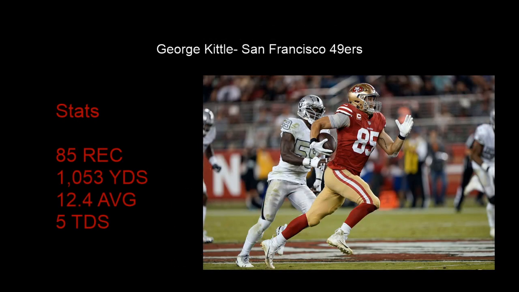My next guy is the tight end, George Kittle. Again, not the easiest one. Travis Kelce had a really good year as well. I think he was 3rd in the league in receiving yards, so he was awesome. Also, Darren Waller in Oakland was unbelievable this year. But George Kittle, he missed 3 games, still had a 1,000-yard season with 1,053, 5 touchdowns, but the difference in all